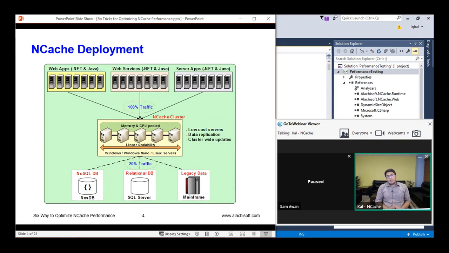So let's talk about the Encache deployment in this diagram. So here, if you can see, these are basically your application servers or web servers where you have your application hosted. They're usually sitting behind a load balancer. Previously, they were making direct calls to the backend data sources, such as a database. But now you have the caching tier present right here. This is the recommended deployment by us, that you have a dedicated caching tier hosting your clustered caches.